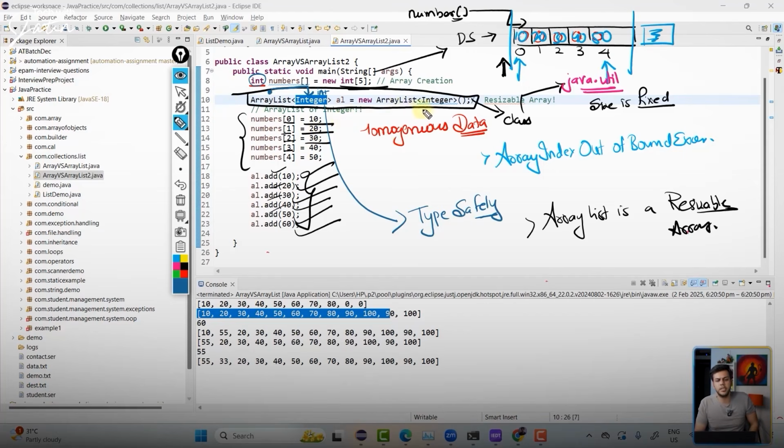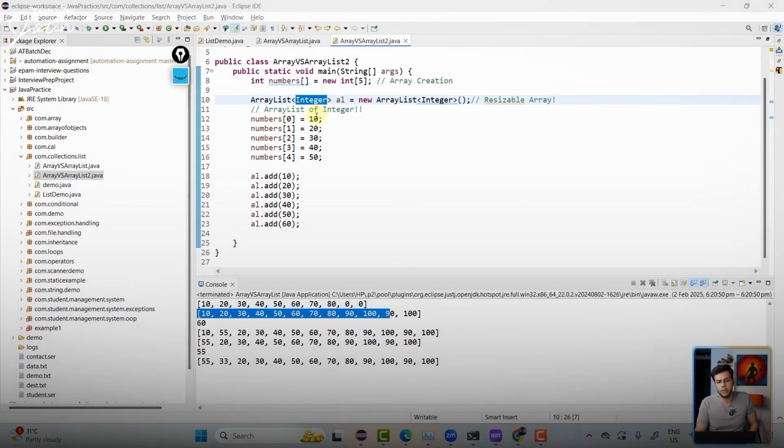So Integer is a wrapper class. Are you getting the point? Perfect. So over here, tell me something. This 10 which you see and this 10 you see, are they same or different? Different. This 10 over here is an integer value, whereas this 10 which you are trying to add is an integer object.